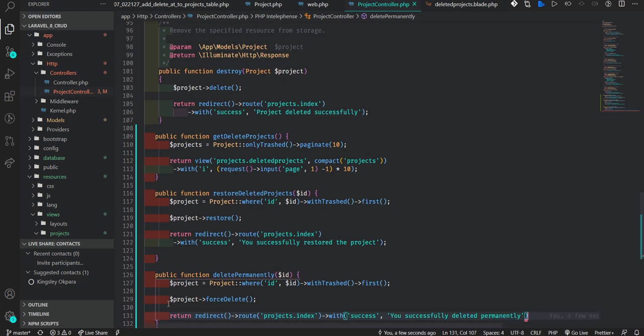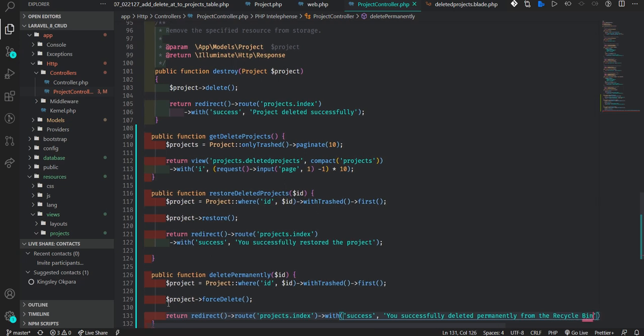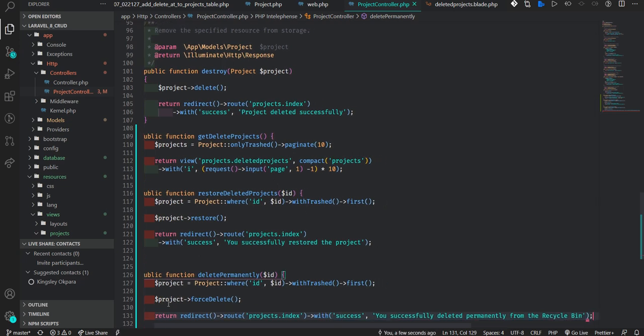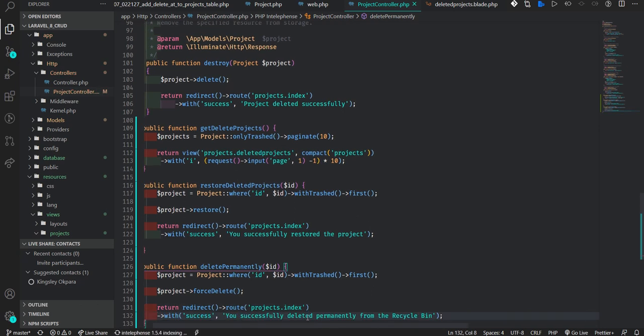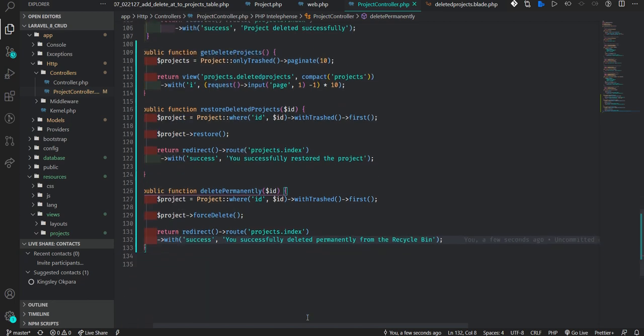Or you can say it has been successfully deleted permanently from the recycle bin. So we push this down so that our code will be clearer from far. Okay, now we have this.